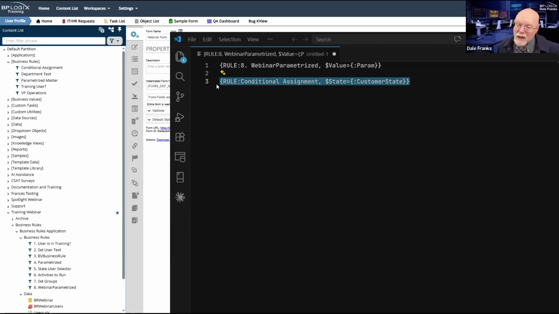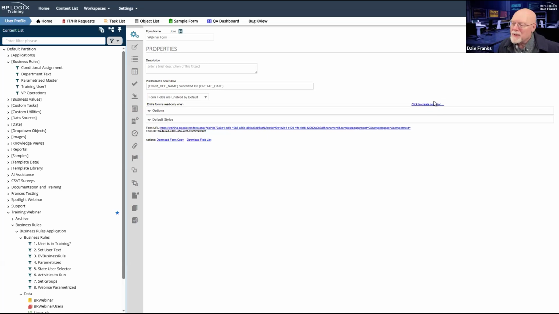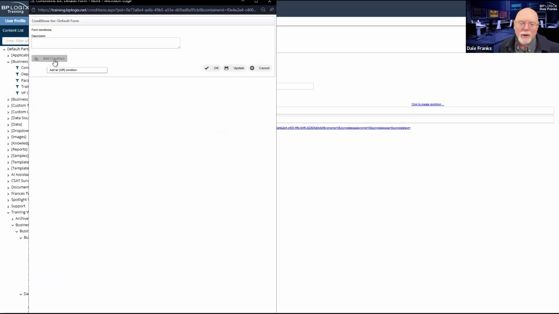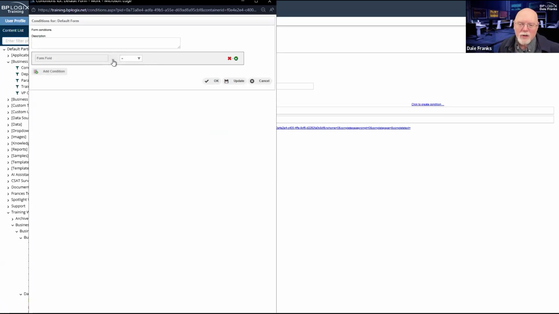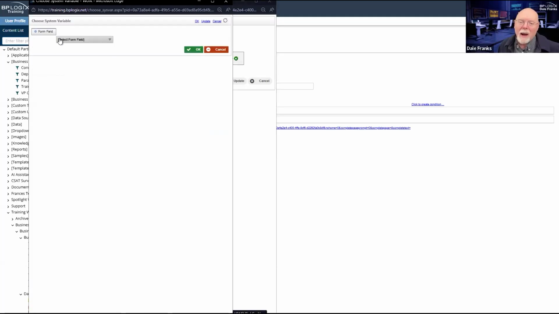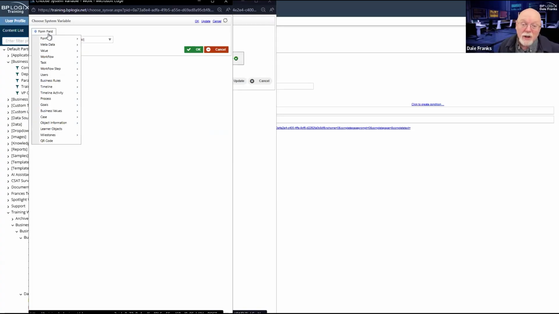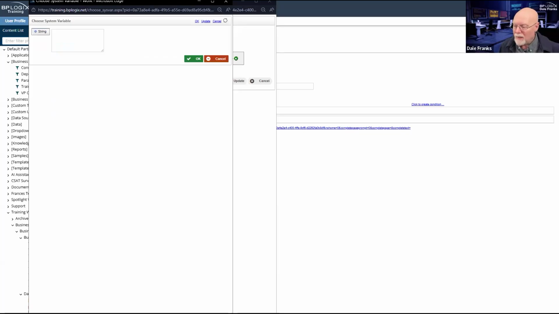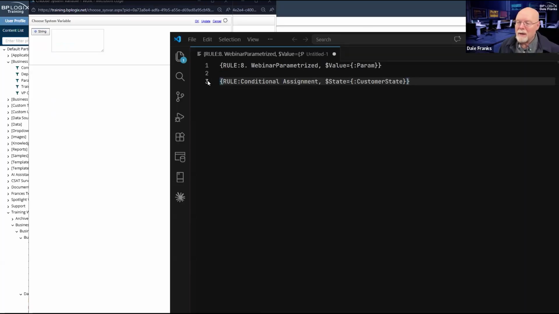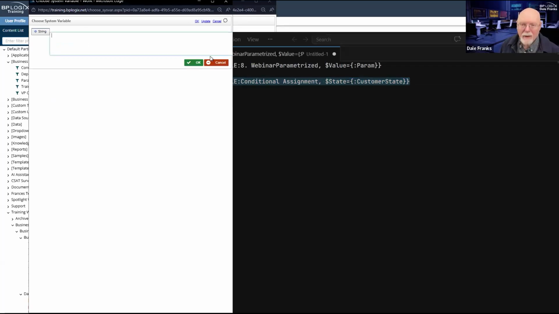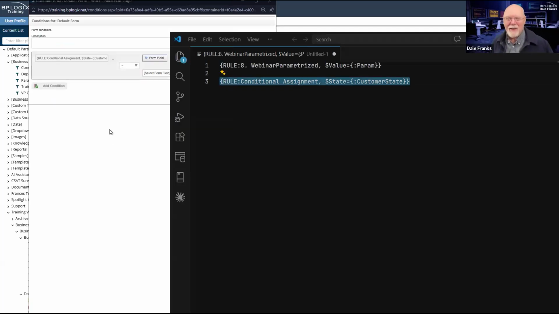So what that means is that I can't just go into my condition builder and pick the business rule itself. I'm going to have to use the system variable, which means that if I want to use it in a condition anywhere, I'm going to have to go to value, string, and then I'm going to need to just copy or type my system variable in there.